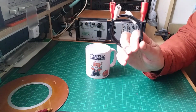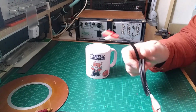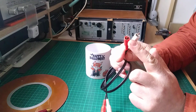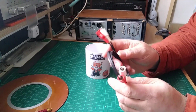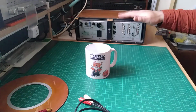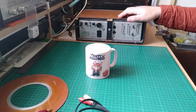As some of these cheap cables were not made with particularly good cable, with poor screening, in some cases not even wired correctly. I have actually come across instances where some of these have been reversed. The connections on the inside of the phono plugs have been reversed, and as I said, that's done wonders for your stereo image, that has. And as I say, the equipment on most equipment